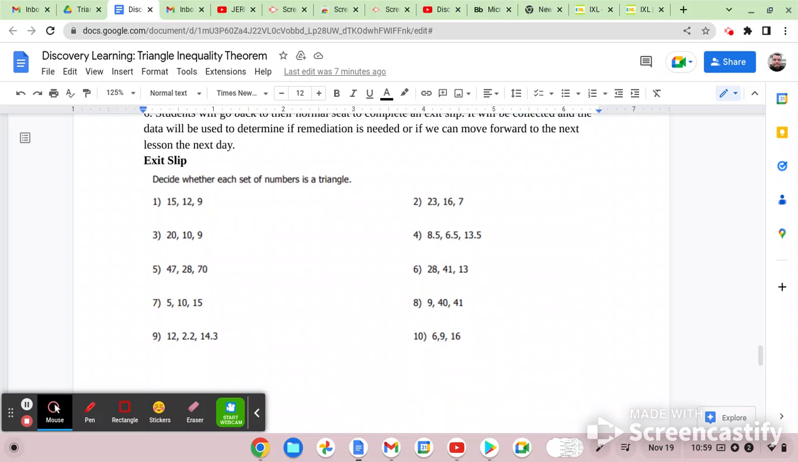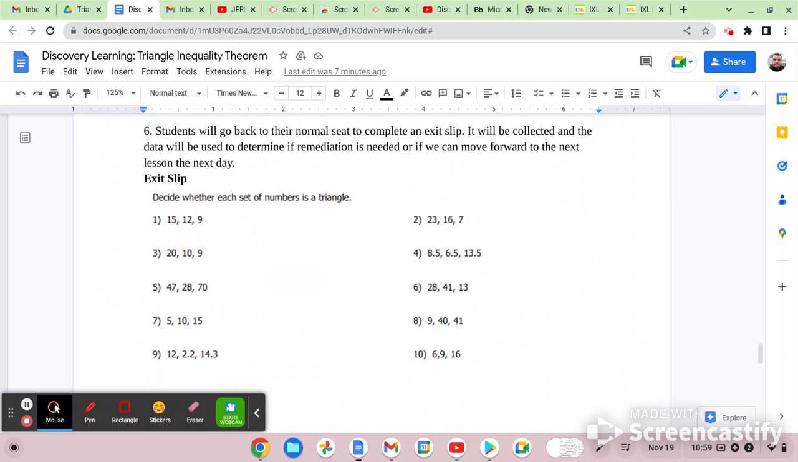Finally, I'll get them back to their individual selves at their normal seat. They'll have an exit